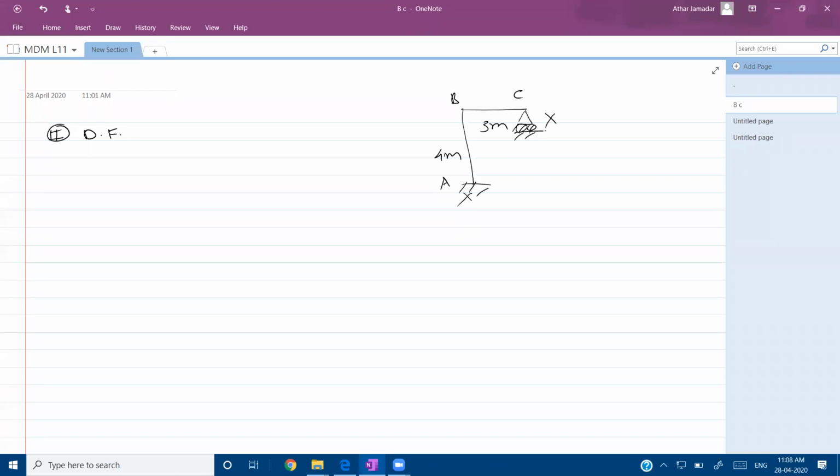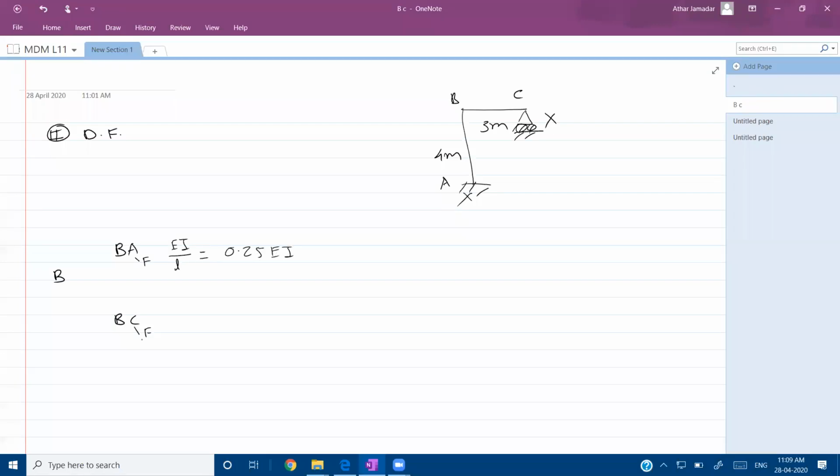So on joint B we can calculate distribution factor. So as usual at joint B there are two members meeting. First one is BA, next one is BC. So for BA, A is the far support. For BC, C is the far support. So BA is of fixed type. Therefore, K, the stiffness, is going to be EI by L. So EI, L is 4 meter. So 1 by 4, it is 0.25 times EI.